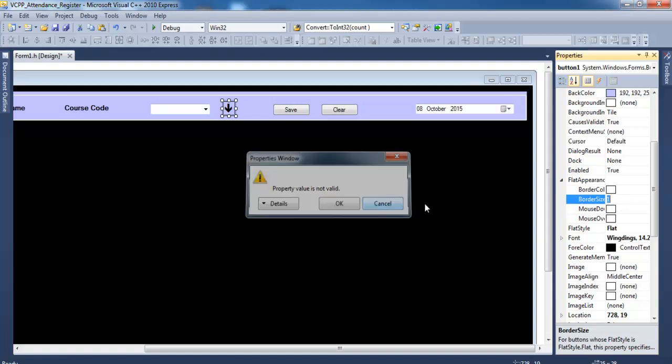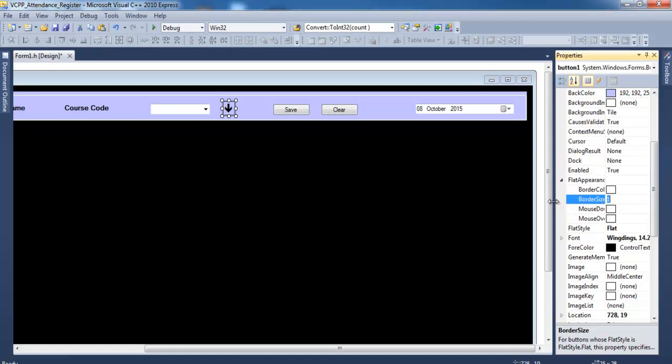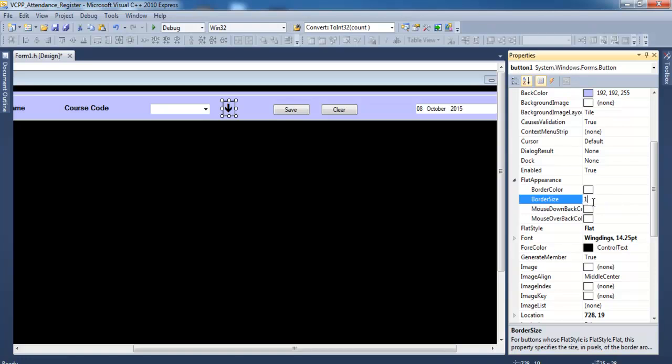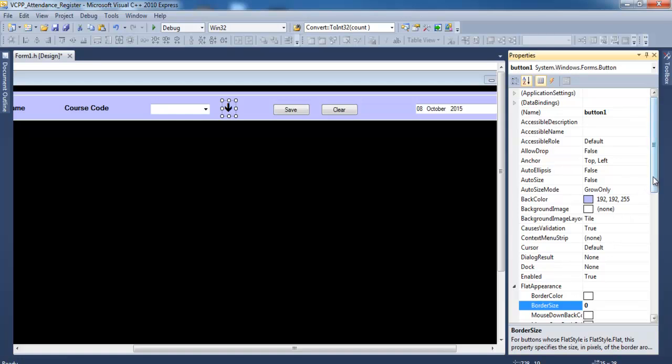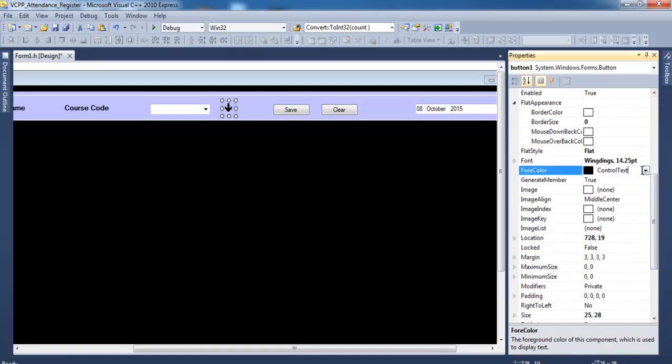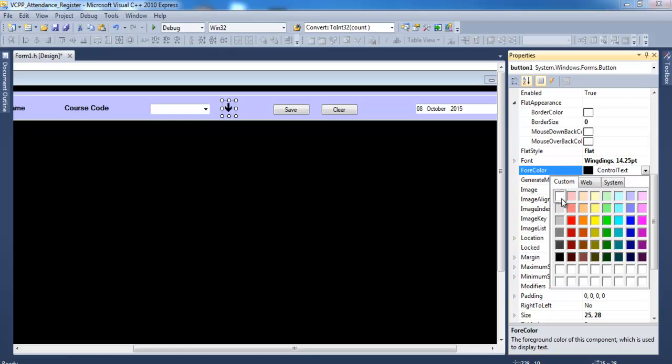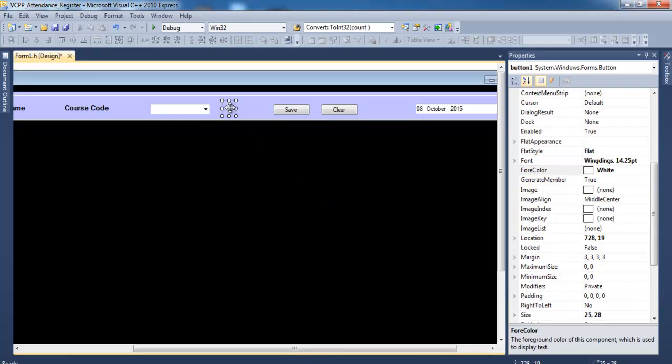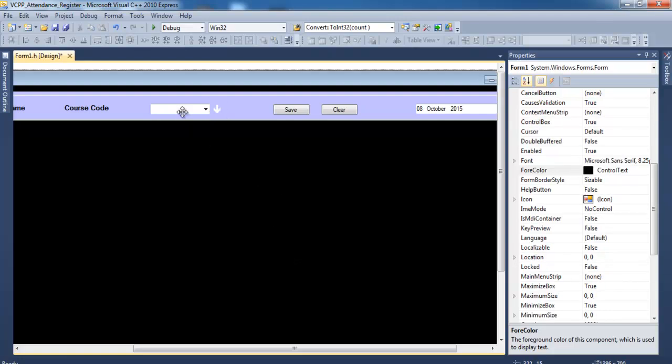Okay, I'll cancel that and come down here. Let's see. Yeah, the border is 0 there. And the color, let me change the color to white. Font color right there, change that to white. And that's all there is to it. So I might as well just move it nearer to my combo box. Okay, I also need 20 combo box here,